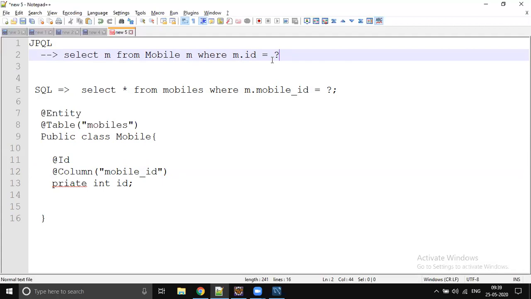So JPQL is nothing but object-oriented SQL. It always talks about entity classes and entity parameters. The complete query looks like entity class and entity parameters. If it is SQL, it's going to talk about tables and columns.